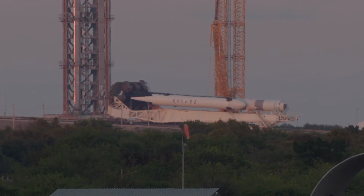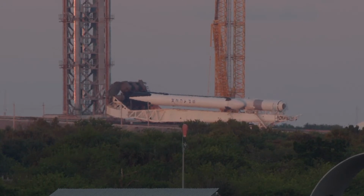While we continue to watch SpaceX's Falcon Heavy rocket move up the ramp at pad 39A, we want to give